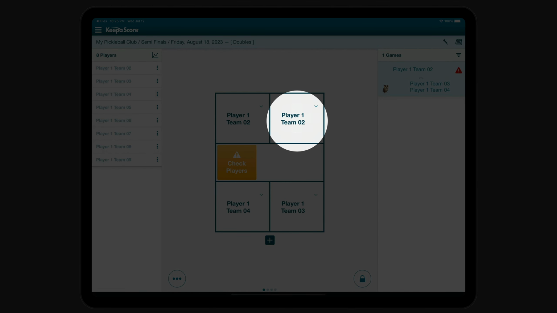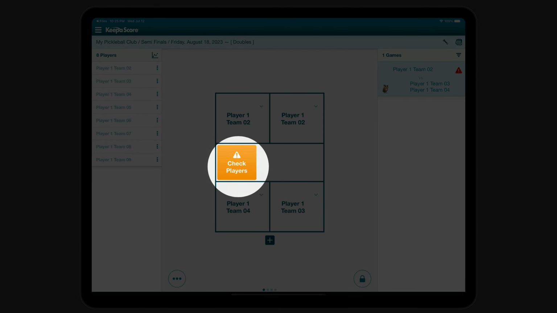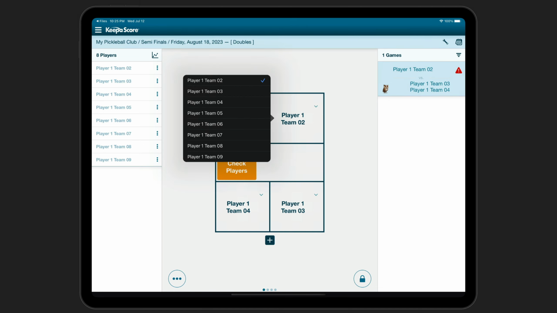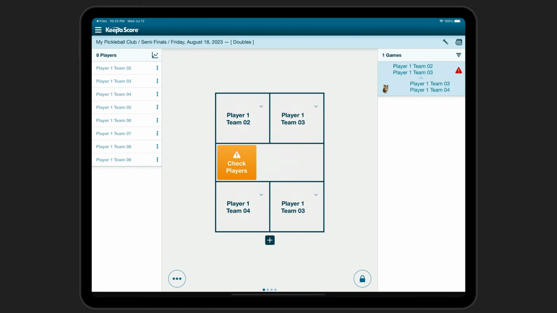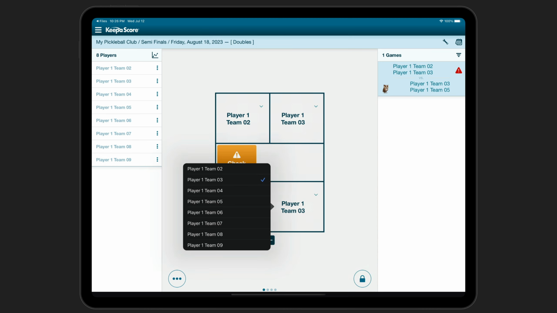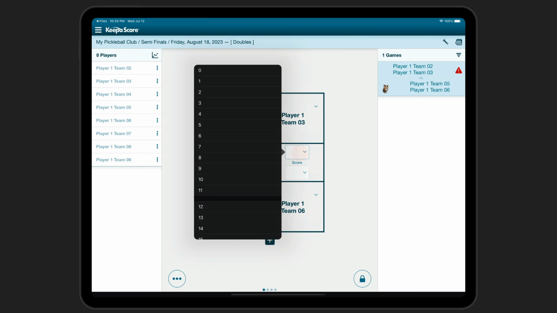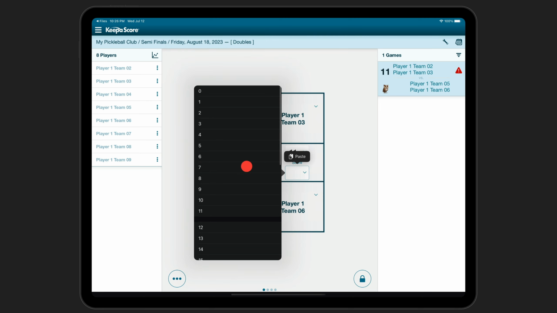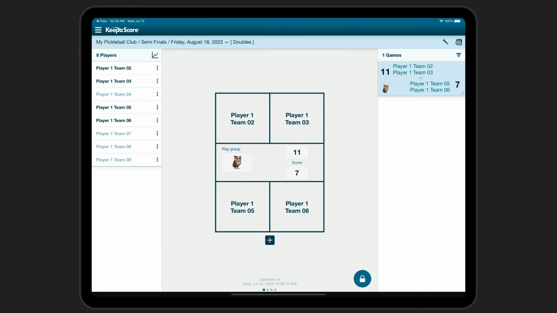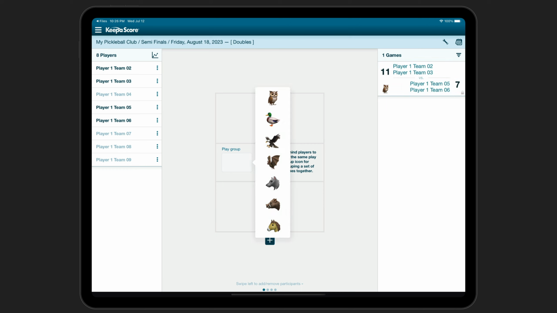Player 1 from team 2, player 1 from team 2. It's telling me with this check players that something is wrong. So let's switch that. Let's put player 5 here and put player 2 there. Wrong player. There we go. So with these players, we can put in a score. And again, when we lock this event, we can click the plus. Again, all we have to do is keep whichever groups of players play together in the same grouping of an